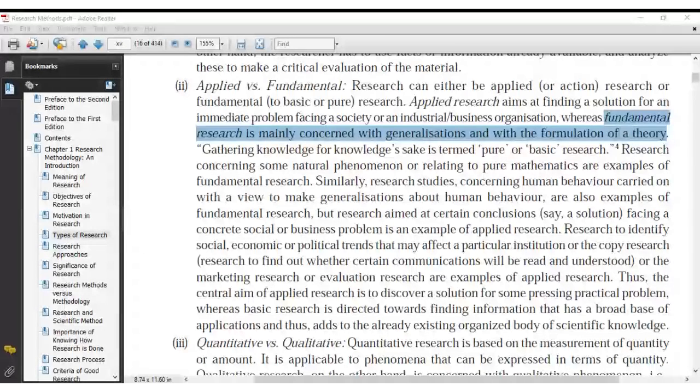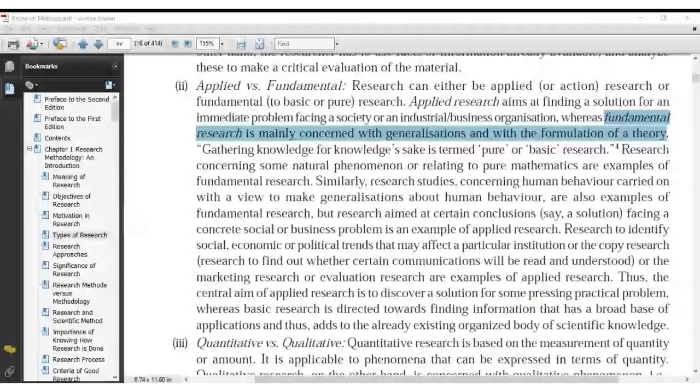Then Terence Jumba, applied research is the research which is generally conducted to solve the problem of the organization, while fundamental research is building of theories. That is true, Terence, that is true. So give me examples. Give me an example of applied research and an example of